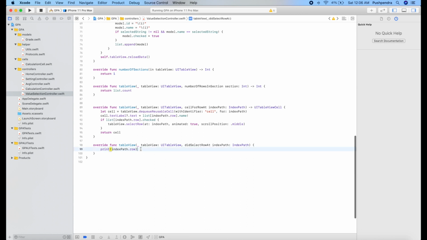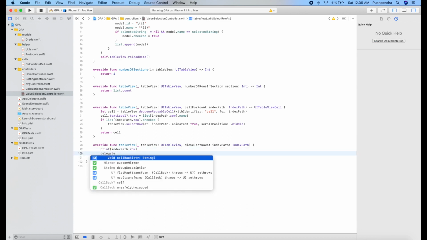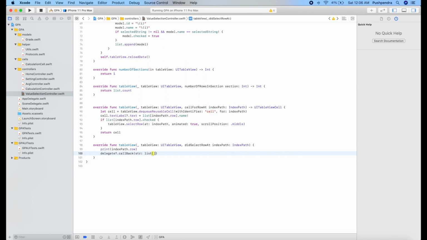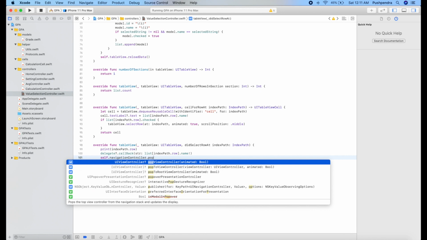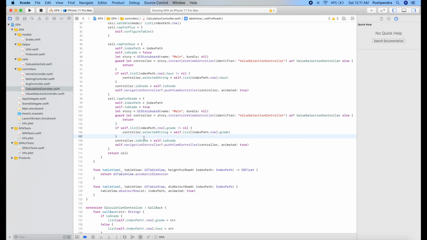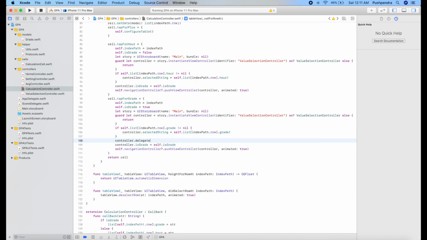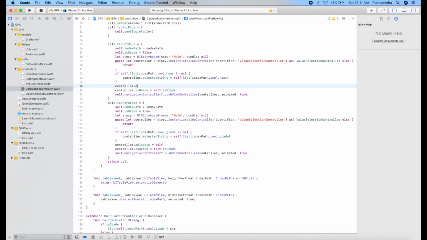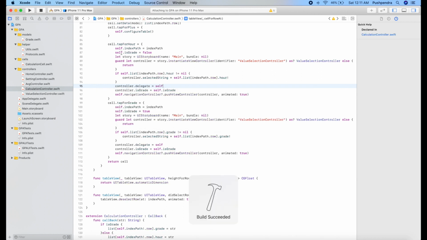So from here delegate dot callback with selected string, index path dot row dot name, whatever we will select this will pass through from here, and self dot navigation controller dot pop back view controller, and animation will true. Now controller dot delegate equals self, same for our controller dot delegate equals self, and this is inside the calculation controller. Okay, now build and run.